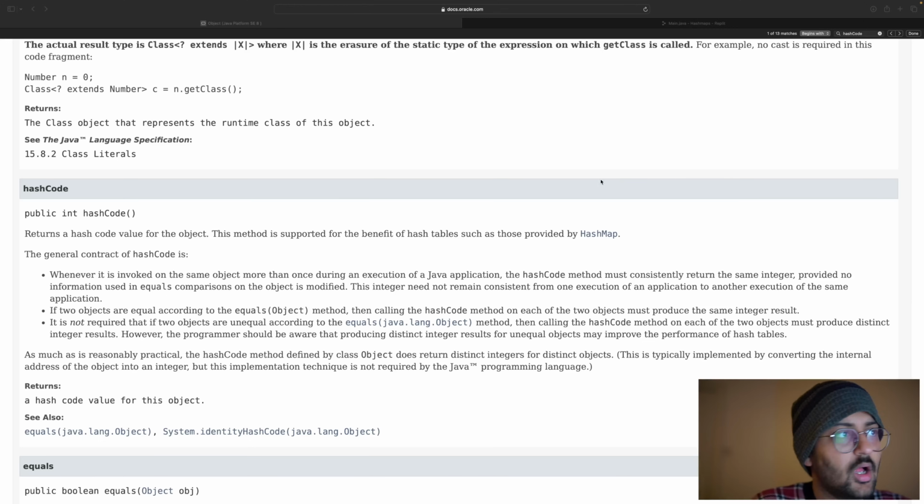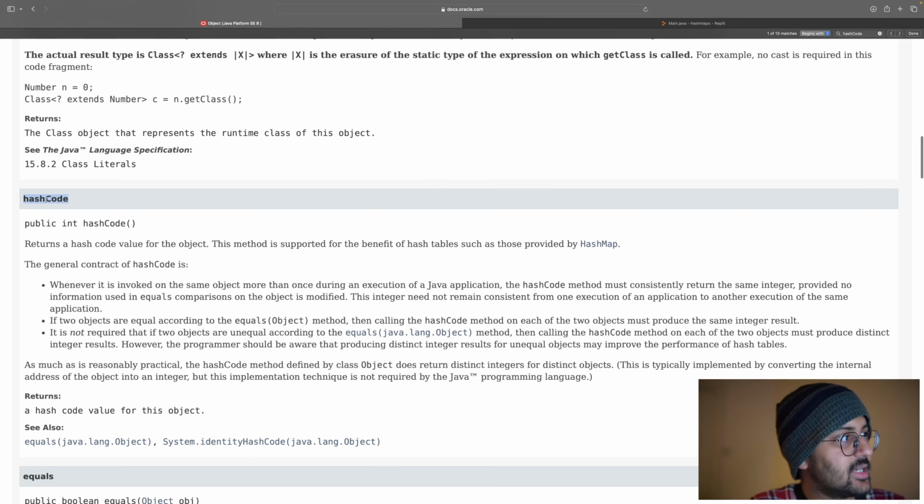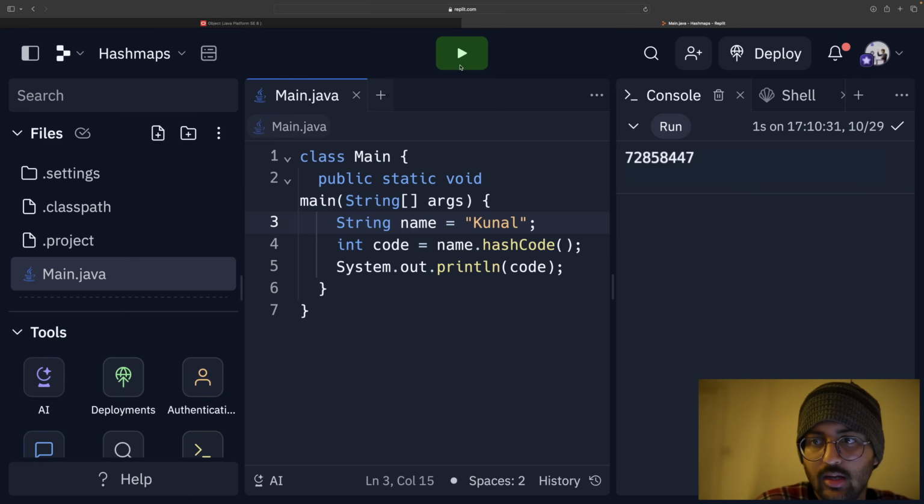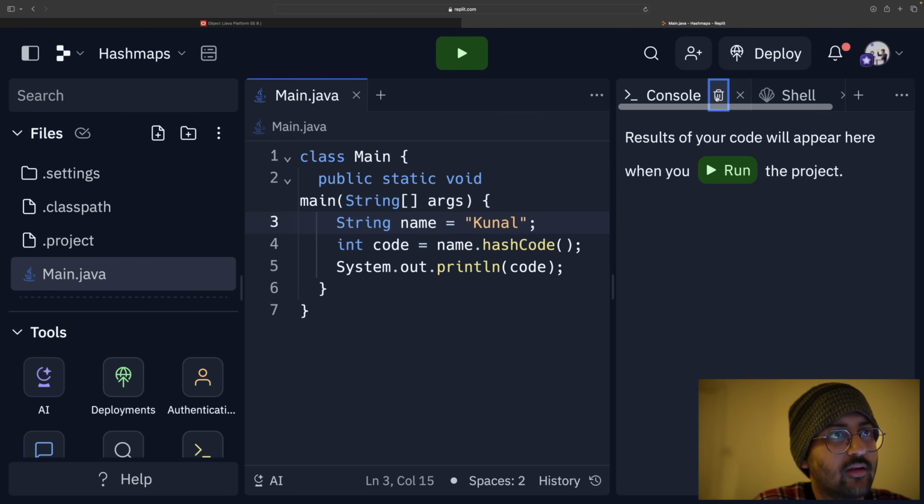Give me a second. Okay, so here in the object class, there is a hash code method over here. So it just returns the hash code value for the object. If you have done object-oriented programming, then you know that I can run it for any class, because the object class is the parent class. All the other classes are inside the object class. So if I'm zooming in, as you can see over here, if I run it again,